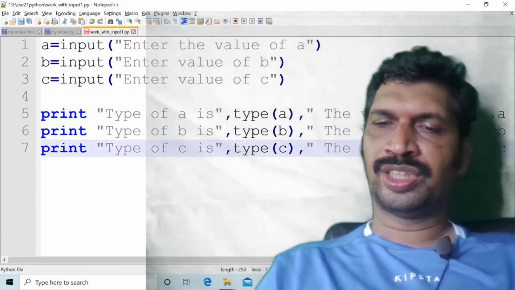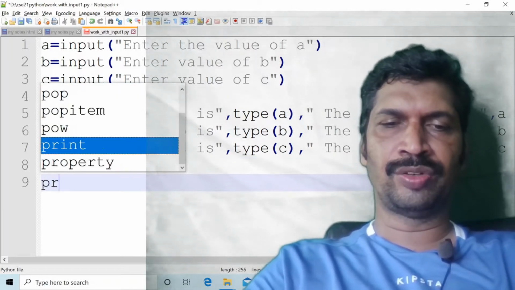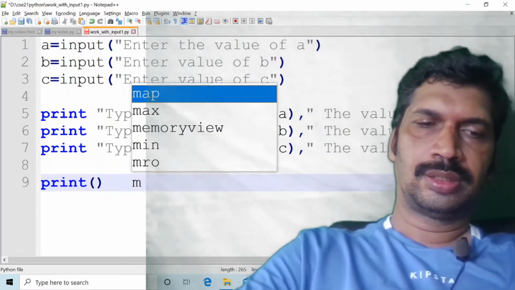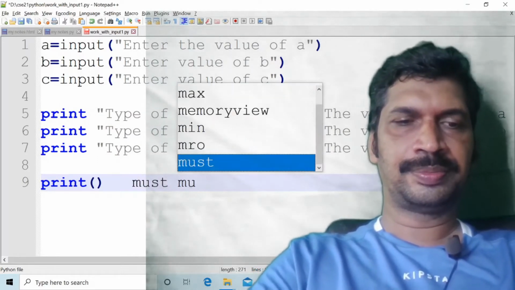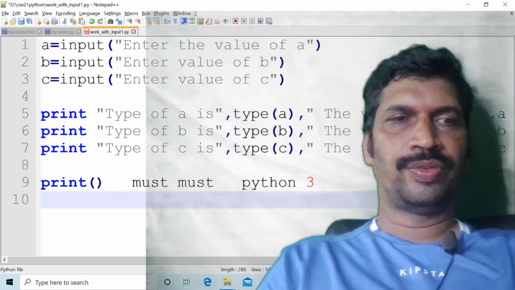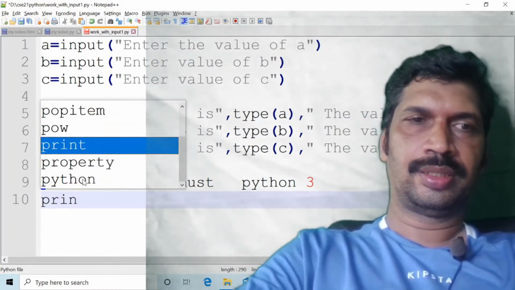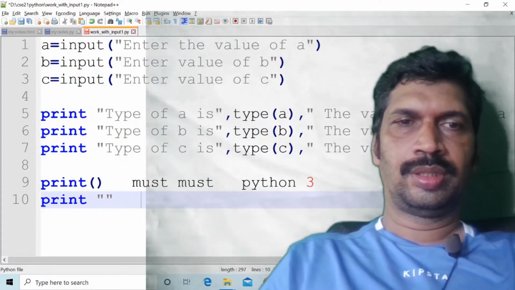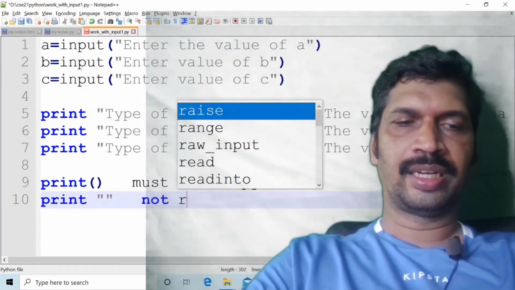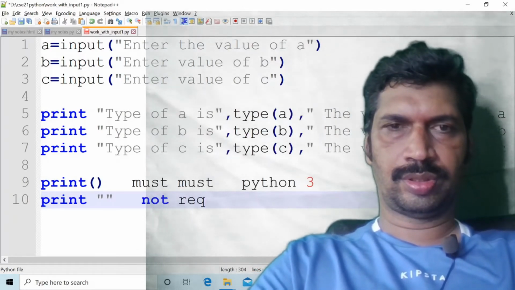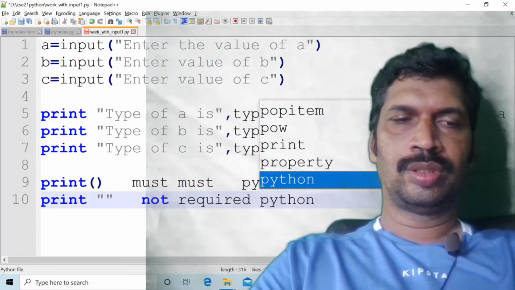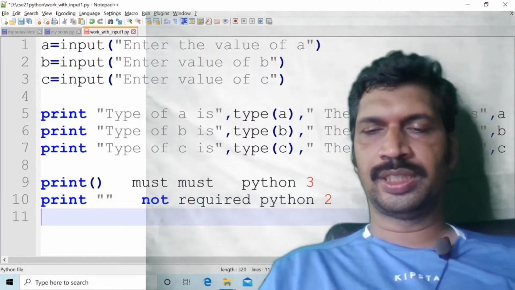In Python 3, we must write print with braces, they are compulsory. Whereas in Python 2, braces are not required. This is one of the important points, note that.